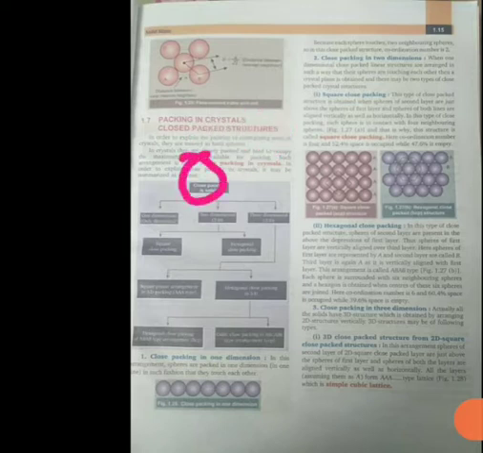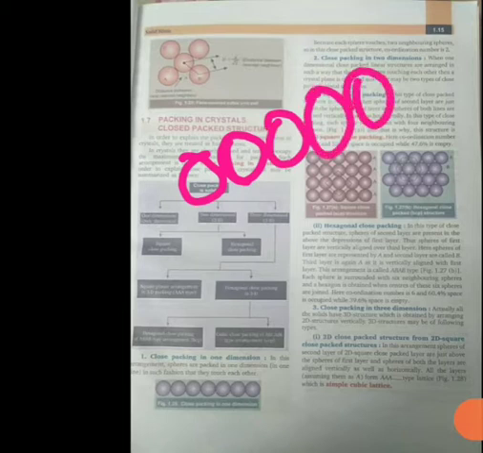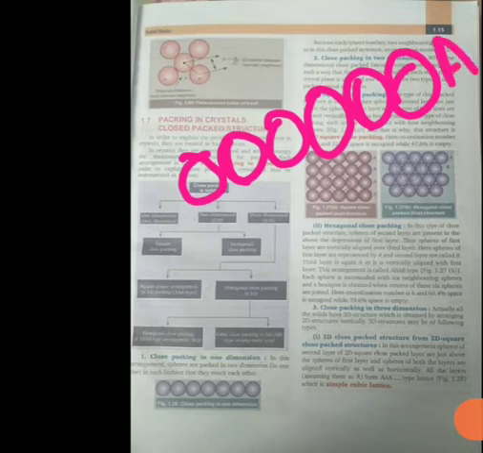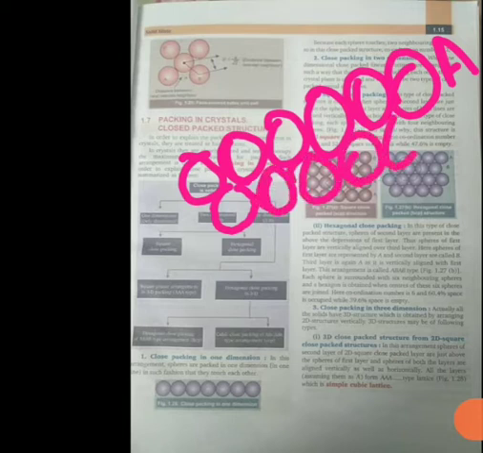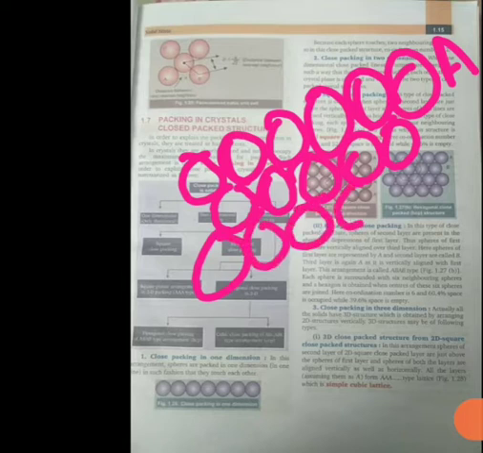What I mean to say is this: if we are drawing the sphere, suppose this is the sphere, okay. So if we are assuming it as A, then in the depression point, this is what is called the depression point, the second layer will be there, okay. And for the next layer, that will be vertically aligned. So in this manner we are just drawing the spheres.